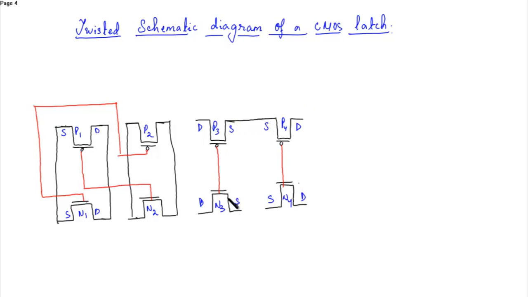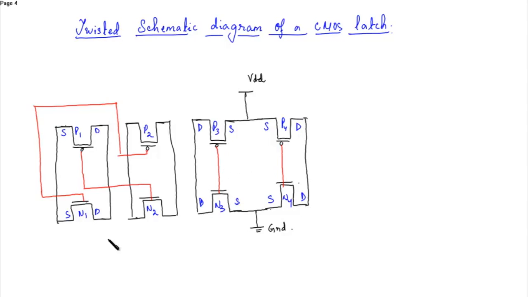So we can just connect here directly, then connect to VDD. From here connect to ground. From here the drains are connected because the output of the inverter is obtained from the drain. Similarly over here. Okay,